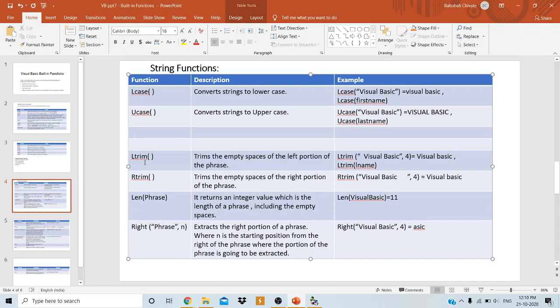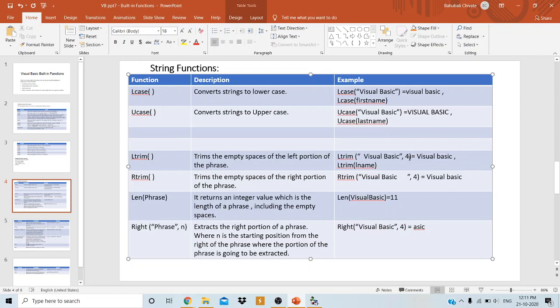Then we have LTrim. The LTrim function is going to trim the empty spaces on the left portion of the phrase. For LTrim, what are we going to provide? Only the phrase as the argument.